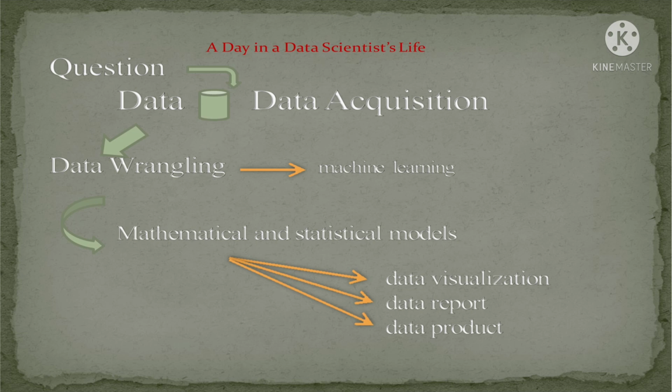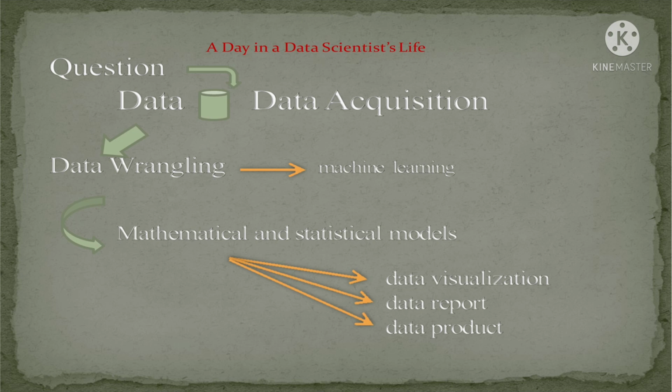After collecting, the data will be stored in the database or the data server. Then the data wrangling process will start. Data wrangling is divided into two parts: data cleaning and data manipulation. Data cleaning means that we have collected the data from different sources, and whichever data is not required for our problem, we will remove from the database. Data manipulation means that whichever data we have, we have to manipulate, because it is not compulsory that exactly the data we have collected is what we require to sort out our problem. We have to manipulate or edit the data.